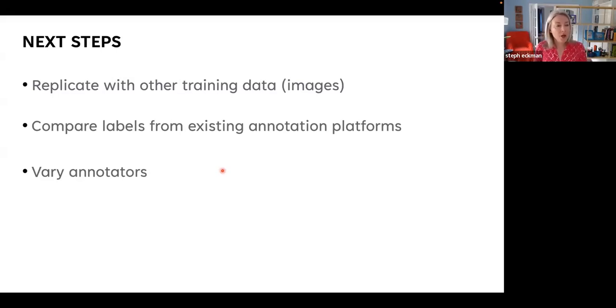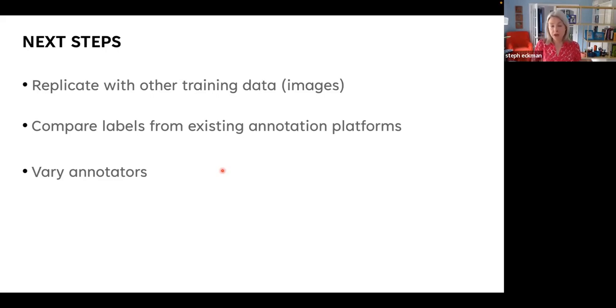And then one of the things we're talking about is varying the annotators. So we've always done this with one pool of annotators that we randomly allocate to the different conditions. We could do it the opposite way, right? We could have one annotation task, but use different groups of annotators, where you could use Prolific, we could use mTurk, we could use Appen. There are lots of these groups around the world where you can get annotators, right?